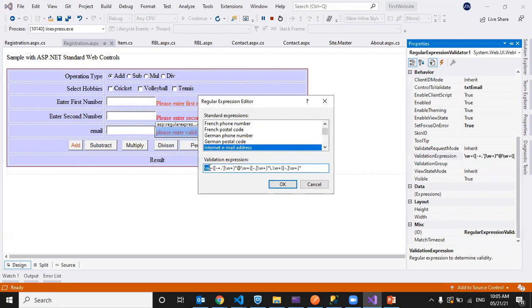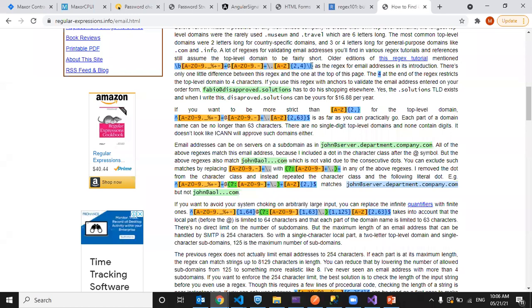\W plus. So at least one character from A to Z or 0 to 9, or some optional dot in between. Then after the dot, one character between A to Z or 0 to 9. Then the @ symbol. Then A to Z or 0 to 9, at least one. Then dot. Even after the @ symbol, we can give some dot and then some characters. Then .com like that. So I want to perform in a different manner, like I showed you, right?